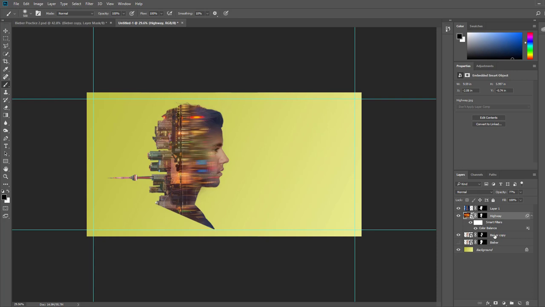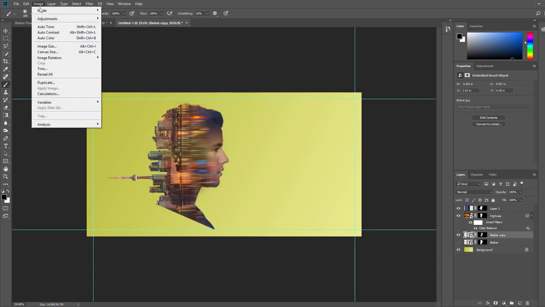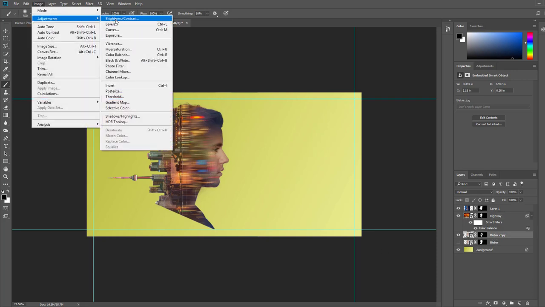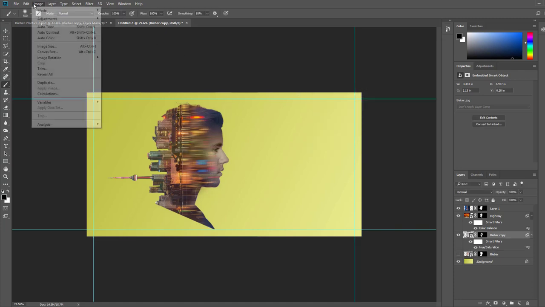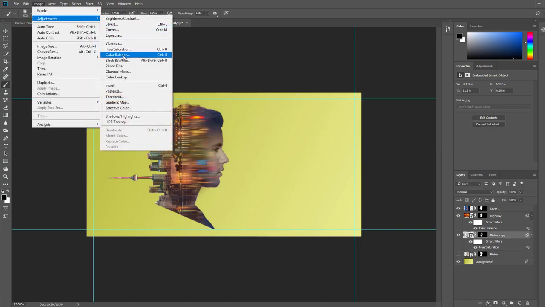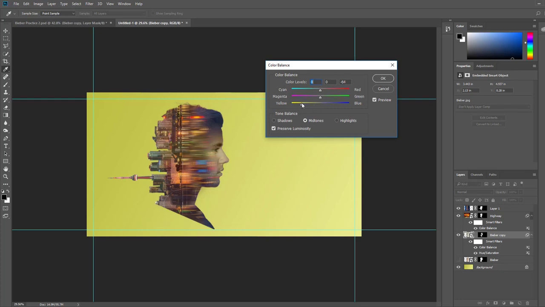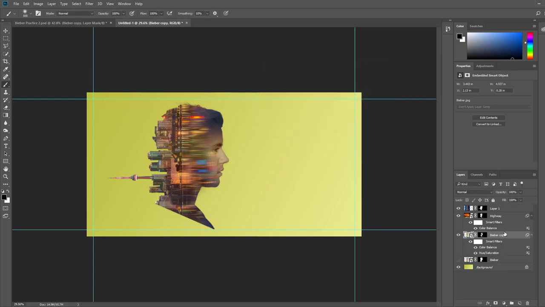Maybe I'll go to Bieber and kind of show you how that works. So here's Justin Bieber. You can go to Image, Adjustments. So if I go to the hue saturation and lower the saturation, you can see if I go all the way, Justin Bieber turns black and white. But I just want to kind of lower his saturation a little bit here just for something fun to do. I can also, if I want to, add an adjustment and a color balance. I'm going to make him a little bit more yellowy and reddy, so a little bit more orange. You can see his skin's a little bit more orange. And I'll do a similar thing to